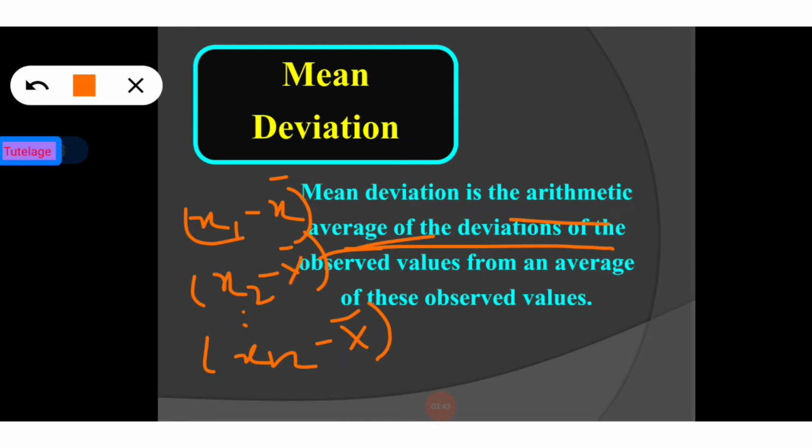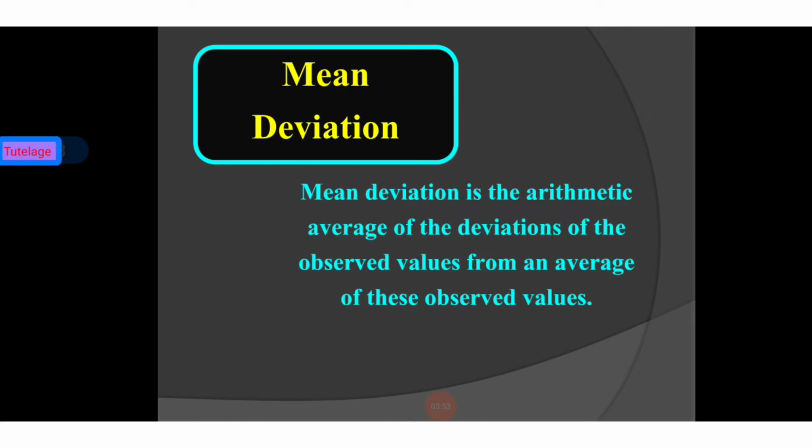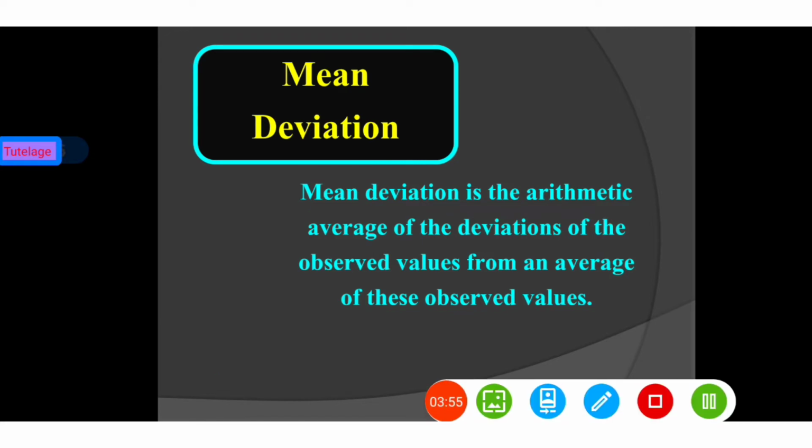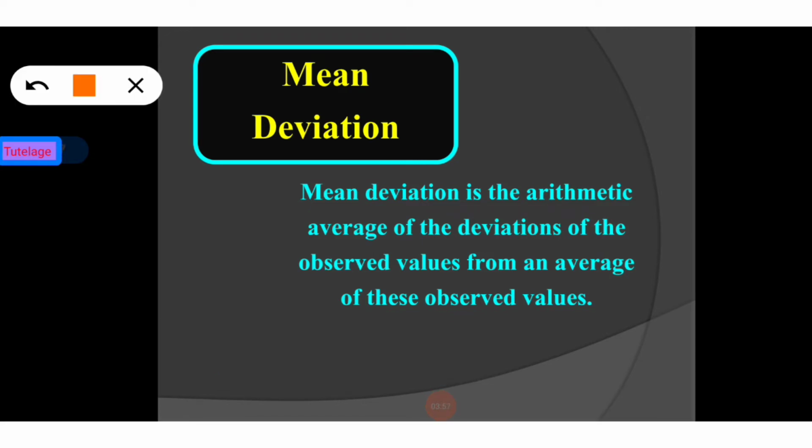What is the calculation process of arithmetic average? That is x bar equals summation x by n. So that means mean deviation, which is denoted by MD, equals the arithmetic average, so the summation of x1 minus x bar,